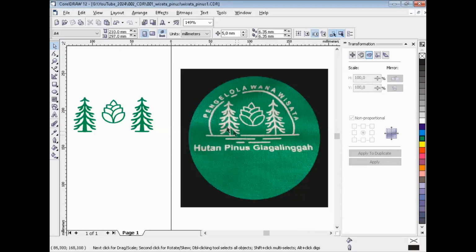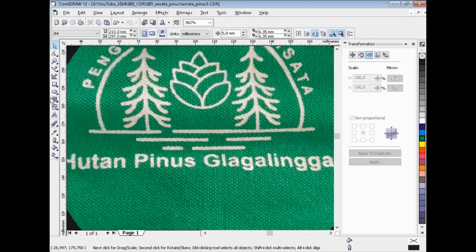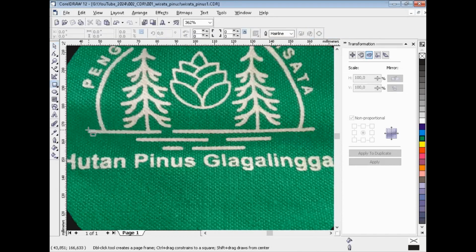You can modify the position, the text, and so on. Yeah, that's a Wana Wisata. Okay, let's try. I will modify this.